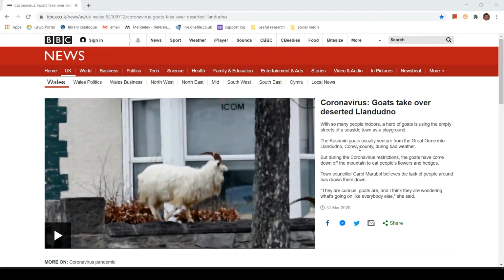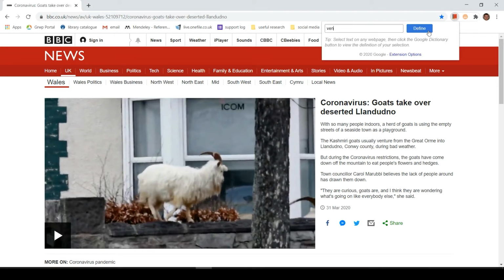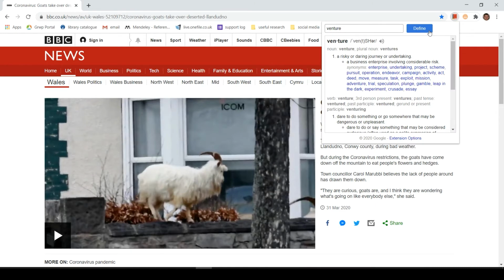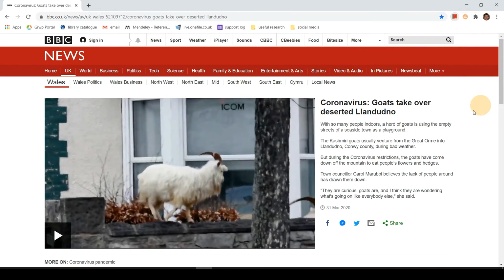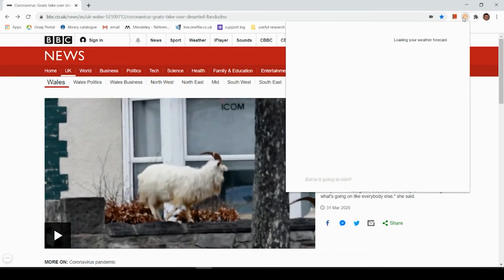As well as bookmarks, another feature of Google Chrome is extensions. There are thousands of extensions available, each designed for a specific task. For example, this extension is a dictionary, so I can easily look up a word if I don't know it. It also allows me to double-click a word and immediately get a definition, and help with pronouncing the word. This extension, on the other hand, is just a very quick weather report.